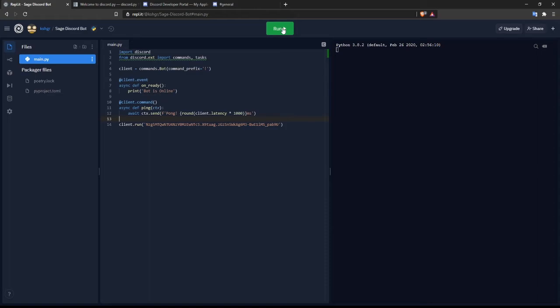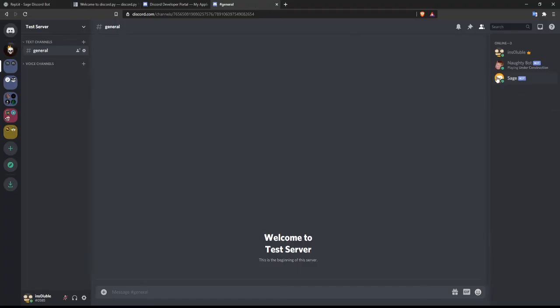Now we have a secret token to our bot, so when we run it, our bot will receive these programs. I'll just go ahead and run it. It says the bot is online, and now we can go here and check. As you can see, the bot is now online. Earlier it was offline. Now let me just check. I'll write ping. Voila, the bot says pong 40 ms. So the latency of this bot is 40 milliseconds.